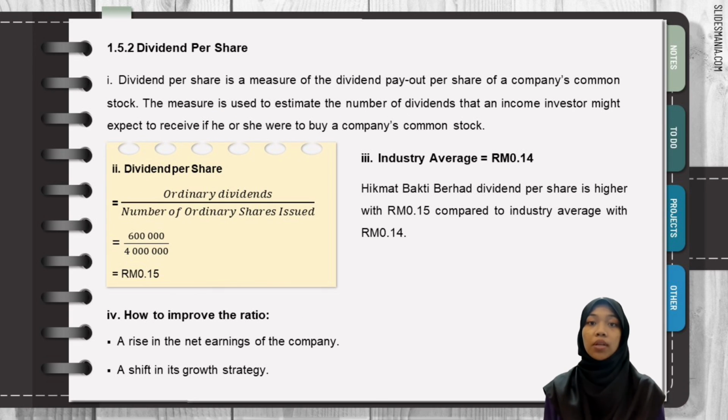Dividend per share is a measure of the dividend payout per share of a company's common stock. It is used to estimate the amount of dividend that an income investor might expect to receive. The formula for dividend per share is ordinary dividend divided by number of ordinary shares issued, which is 600,000 divided by 4 million equals 15 cents. This shows that Hikmah Bakti Berhad's dividend per share is higher than the industry average. Ways to improve the ratio are a rise in net earnings of the company and a shift in its growth